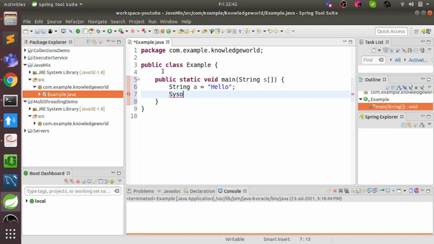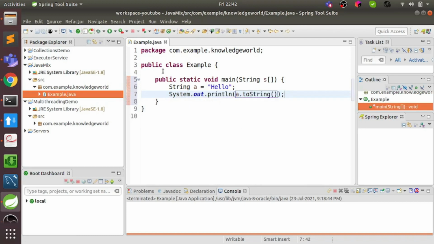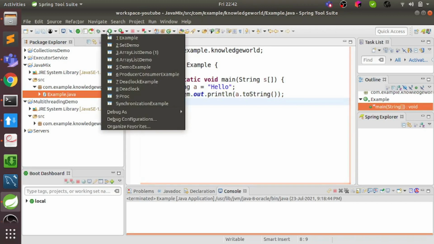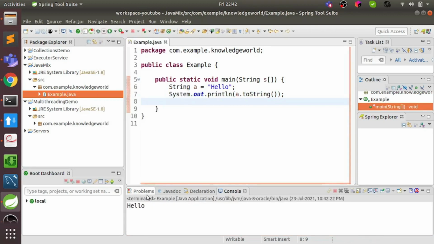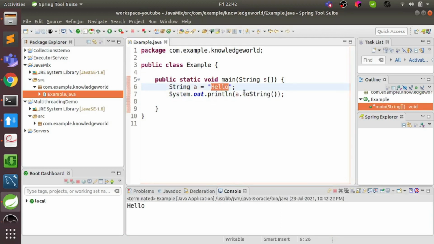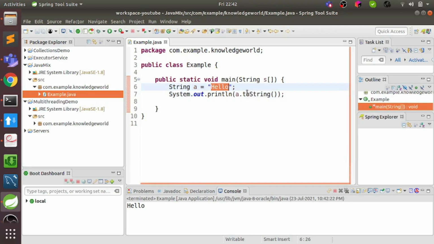If we call toString on that object, it will just give us the string version of that object. So if I run it, it will just print hello, because the string version of the object would be hello only.